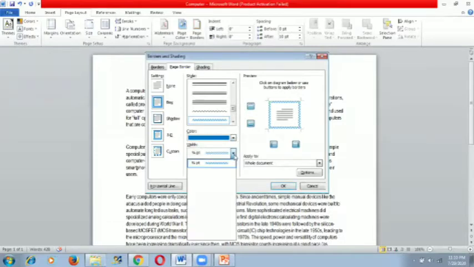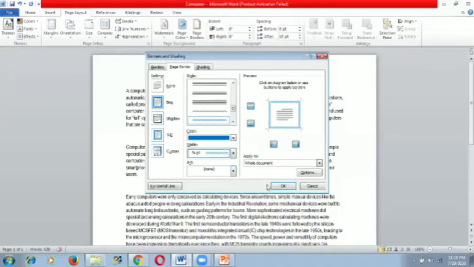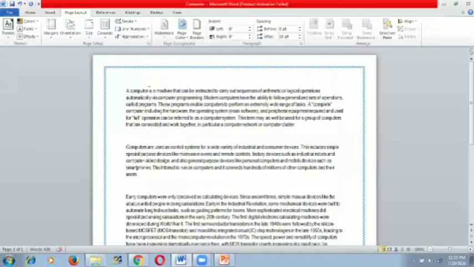Then you can choose the width of the line and then click on the apply button. So now you can see that there is a beautiful border on the sides of the page in the blue color and the style which we have chosen from the style option.